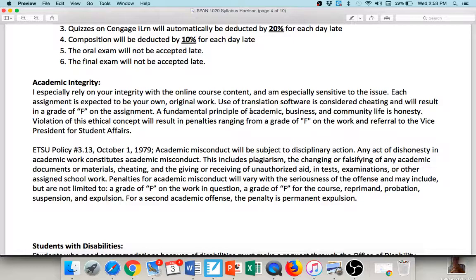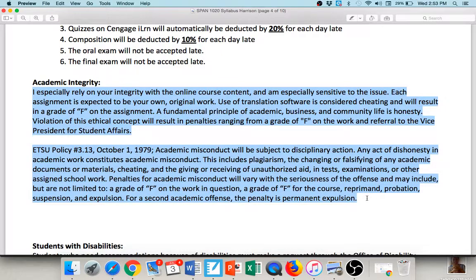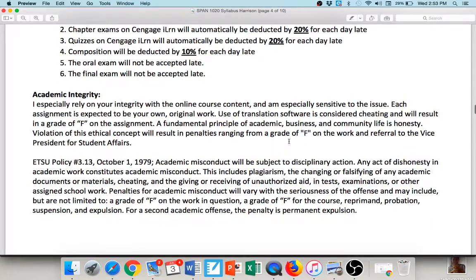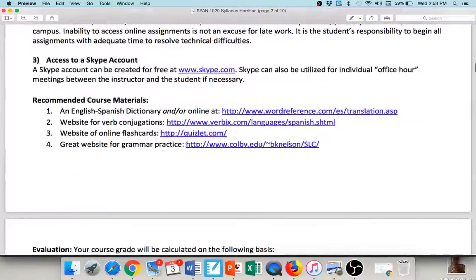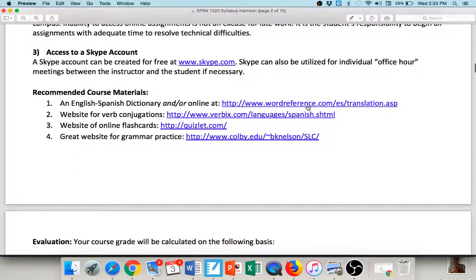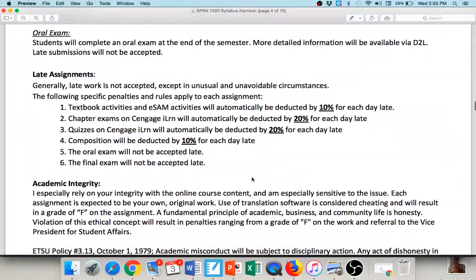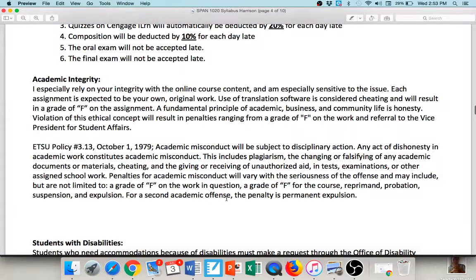So if you want to look up a word or a short phrase, 1 or 2 words at a time, that's fine to use translation software. But the best thing to do, just so you don't have this problem at all, is to use some type of Spanish-English dictionary. At the top of the syllabus here, I give you some great resources. Wordreference.com is my personal favorite resource to use for looking up words. It tells you based on the country you're in what specific word they use for that item. So that's very, very helpful in most cases. So stick to WordReference, no translation software.